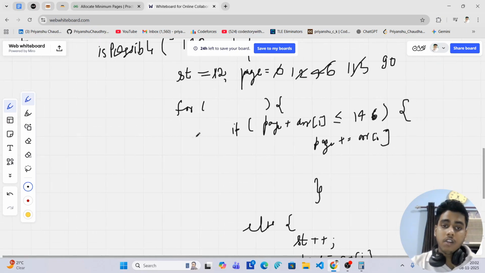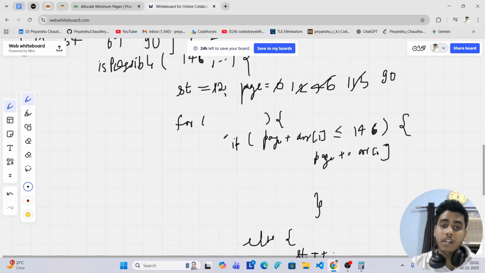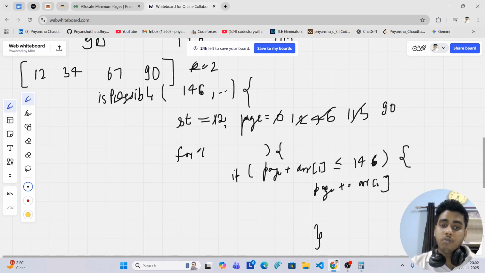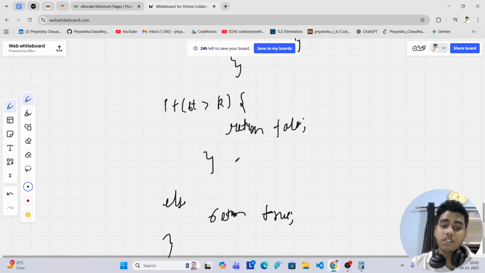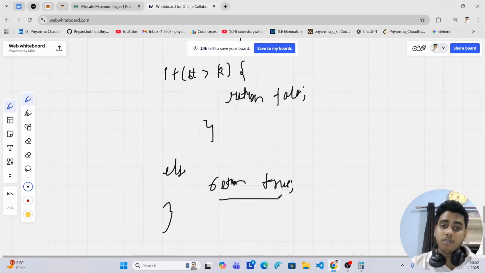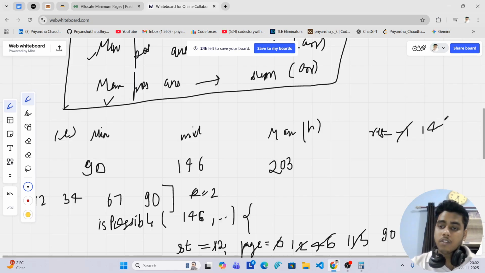Now in this case I can see that we need two students. So if we distribute books in such a way that the maximum pages a student is getting is less than or equal to 146, we need two students, and we were having two students only. So it means that this 146 case is possible, so we can return true. Now my result will be 146, and I will store this result. And as the problem is saying that we have to minimize the maximum number of pages, we will try to find